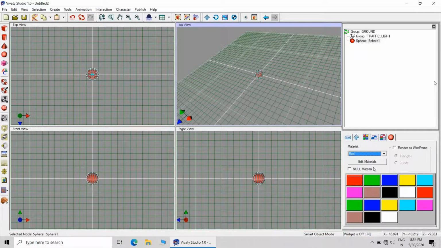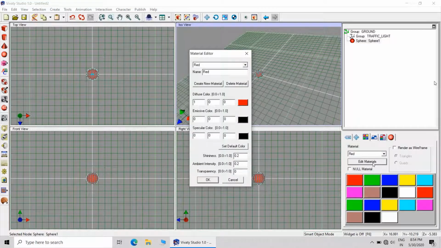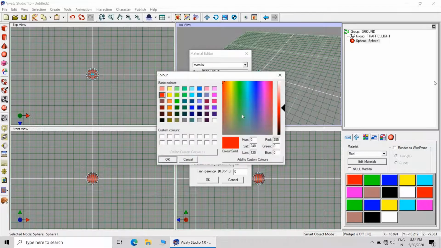Now I will be changing the color of this sphere, and I will not be using the default color. Instead of that, I will be creating a new material, with some mild color.